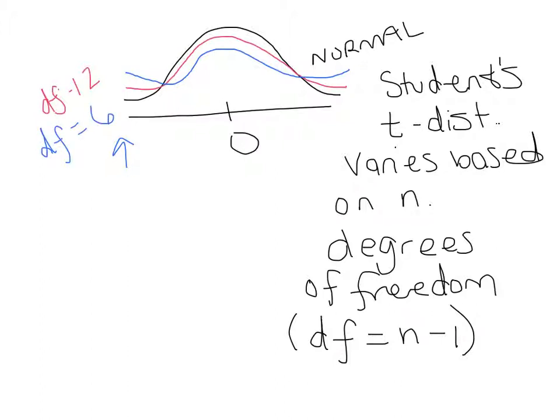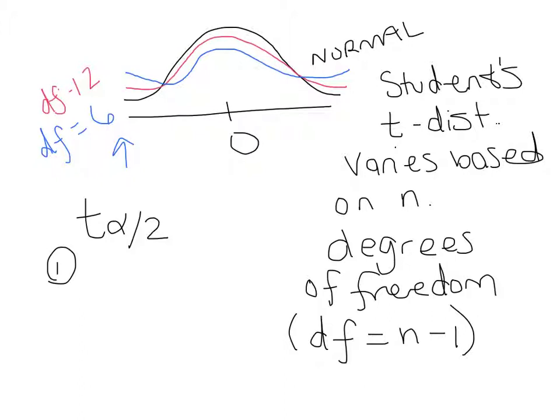So this is not the best drawing. There's a much better drawing in your book if you want to get an idea. But the main idea is that the student t distribution is still centered at 0. It's just a little bit fatter on the ends. And so when we start to calculate that t of alpha over 2 business, the first thing you